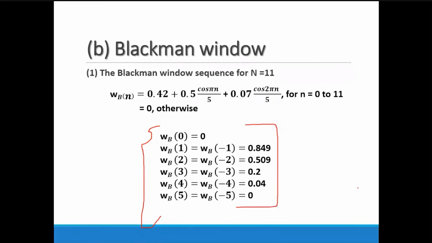Yes, Jinendra? For the Blackman window, 0.08 comes as the third coefficient, right? Yeah, in a few of the books you can take that equation also. In a few of the books they have used this equation. In both the equations you are getting only changes in the value after 2 decimal places. So you can utilize any of these. In Oppenheim and Schafer they have taken this equation. In Proakis, whatever equation you told me, they have utilized that equation. So you can use any of the equations. Only you are getting a minor change after the second decimal place in your final answer.